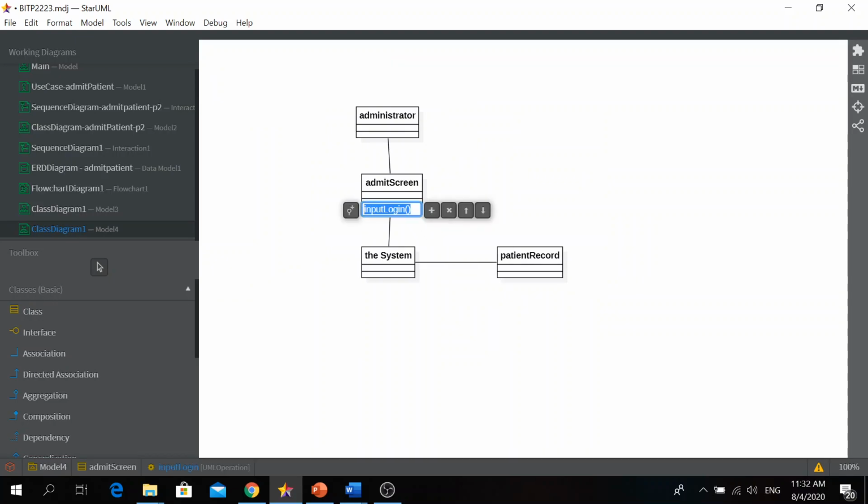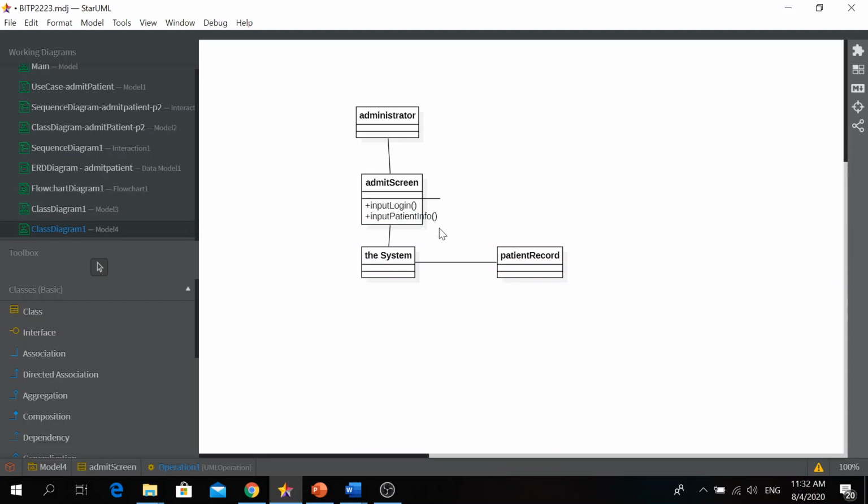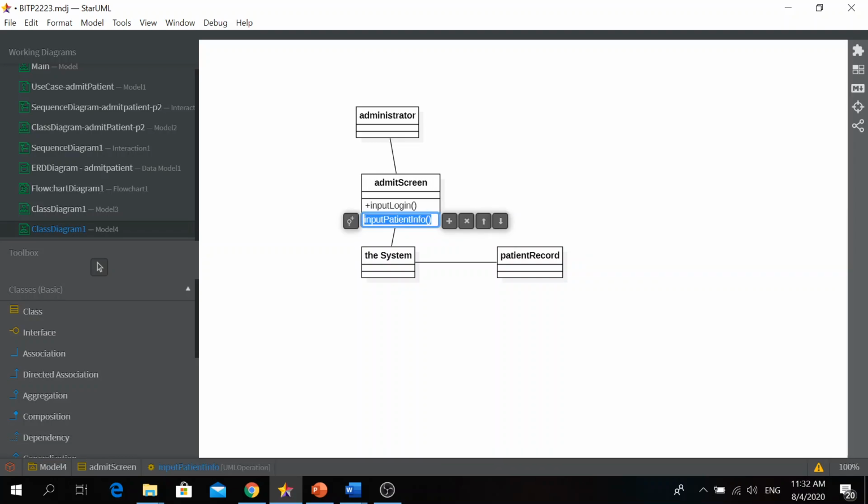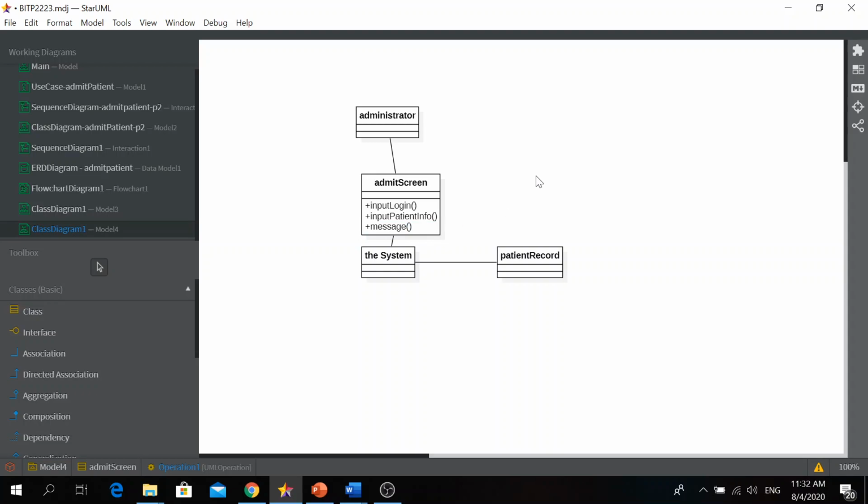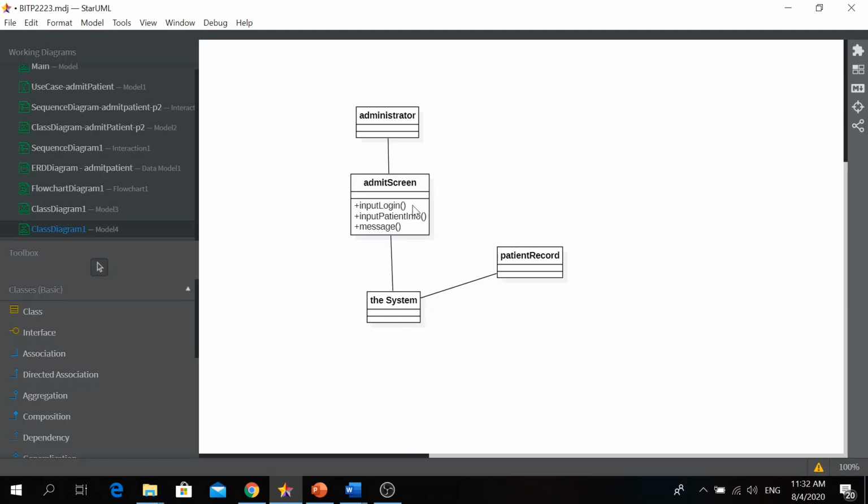Another one is input patient info. So another one is a message. Okay, class, so now you've got three operations for admit screen.